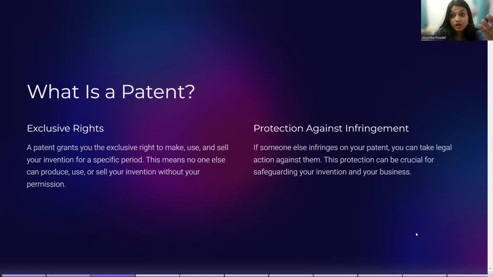Now, why should you secure an invention? Number one, you can commercialize it. If it is a tool or a complex machinery, you can commercialize it so that any other country or any other person who wishes to have access to it needs to pay you some amount. Isn't it great? You can make some extra bucks. Number two, the item that you have made or the product that you have created, you are the inventor. Hence nobody else can take it under their name.